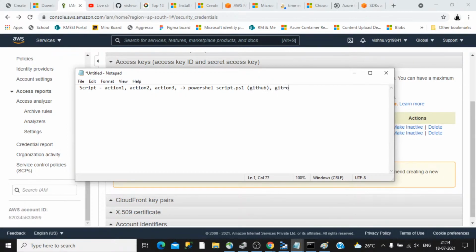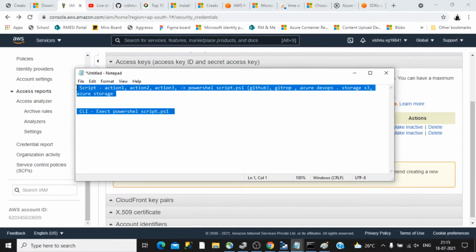It can be a Git repo or Azure DevOps or whatever, or a storage location, S3 in the case of Amazon, or an Azure storage area. The next step is we open that CLI tool, open that particular PS1 file, and execute it directly from there. So this way you are interacting with the file. The advantage of having this kind of PowerShell script for different things is that you can automate it later as well. So that is the concept there.